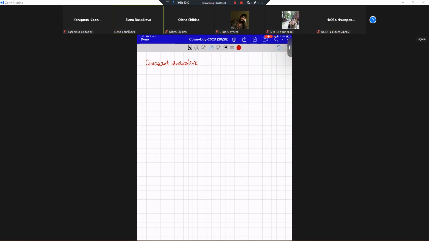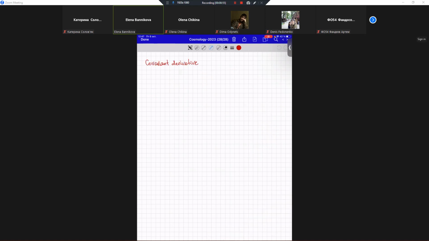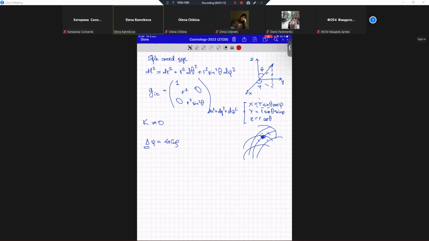Of course, if we would like to find the equation for the gravitational field, as I said in the previous lectures, we need to have the operation of derivation. As you remember, here I put the Laplace equation, and we need to generalize it